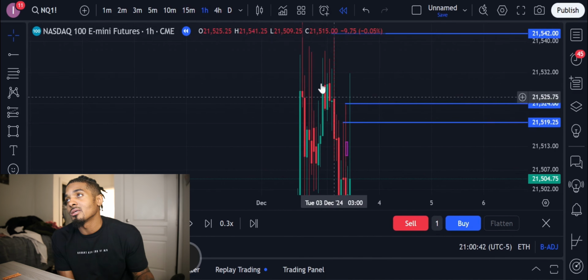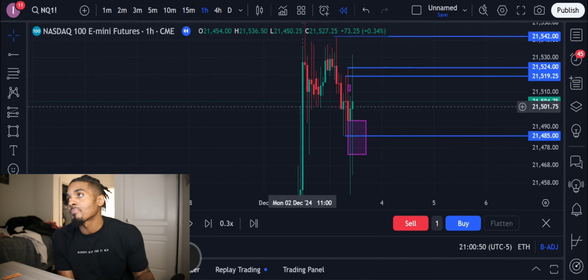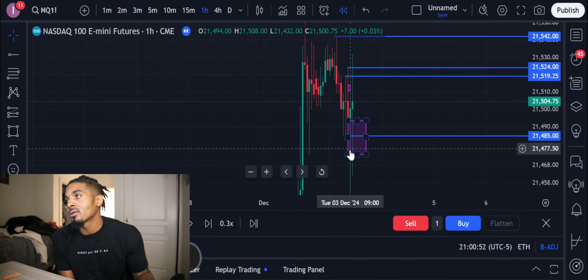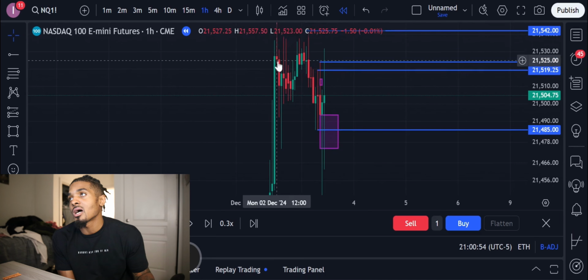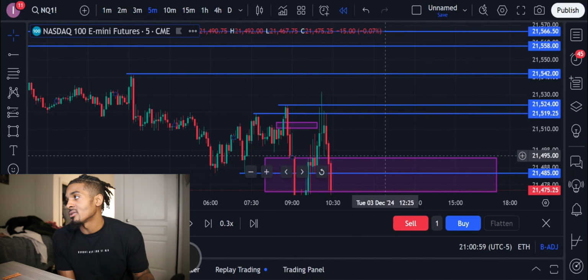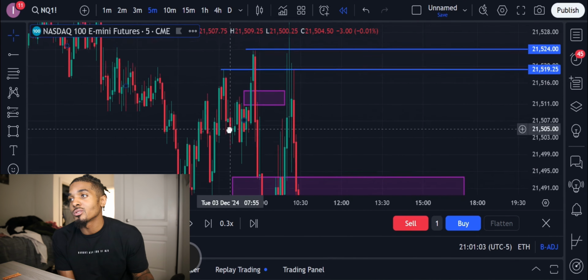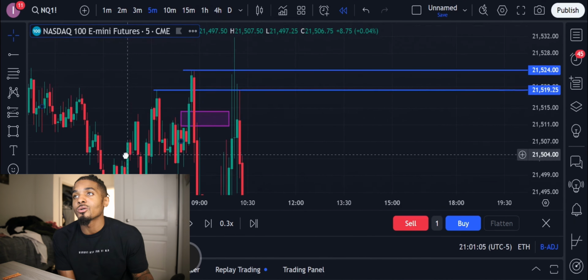No. So for me, it wouldn't be a 100% A+ setup, and there's no 100% setup anyway. And it's choppy right here too. But regardless, this is a setup I probably would take, because of the most important part of the setup, liquidity sweep,